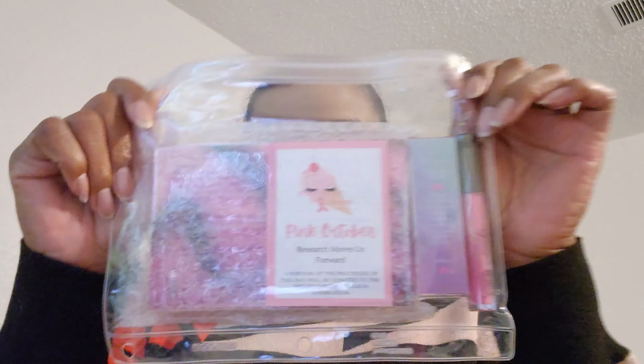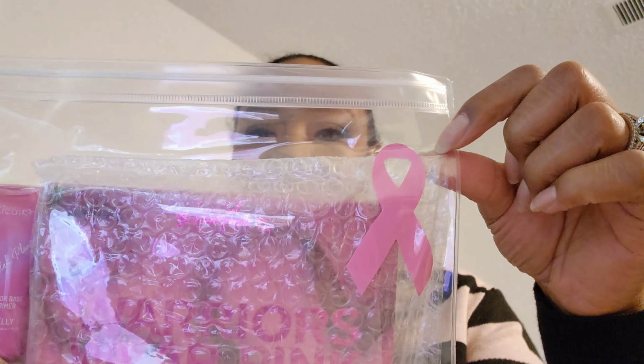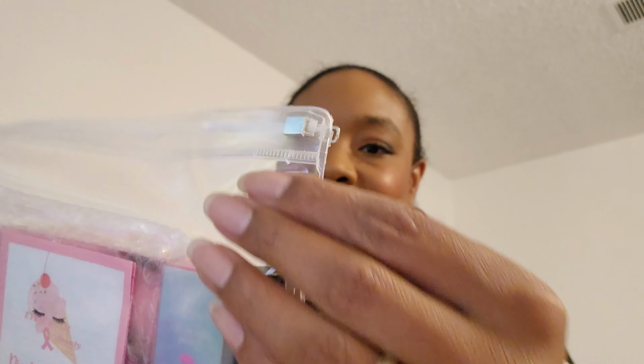All right. So here's the bag. This is super cute, and it's got the little pink ribbon there too. It's so nice. This kind of reminds me of the little pencil cases you used to use in your Trapper Keeper. Yes, I'm that. All right, so we're gonna save the palette for last. But first up, we have